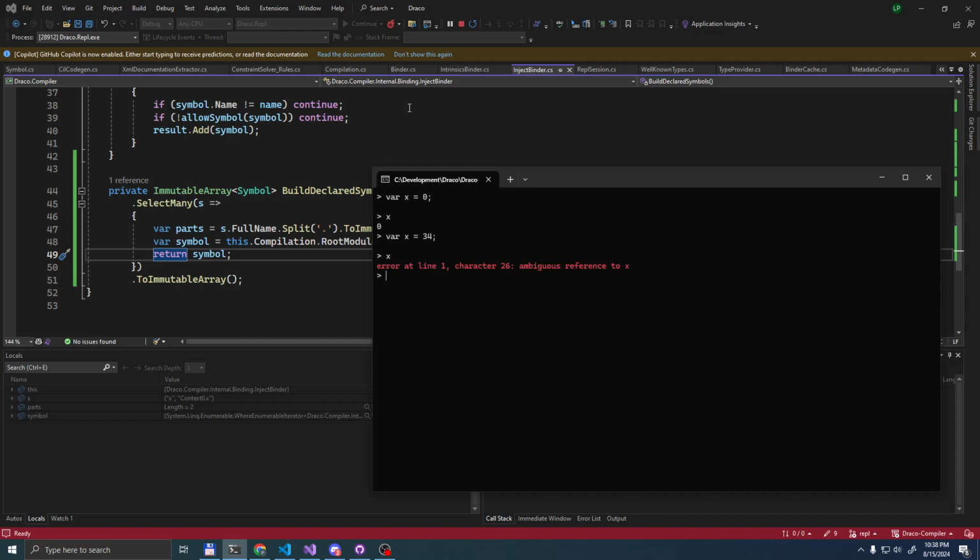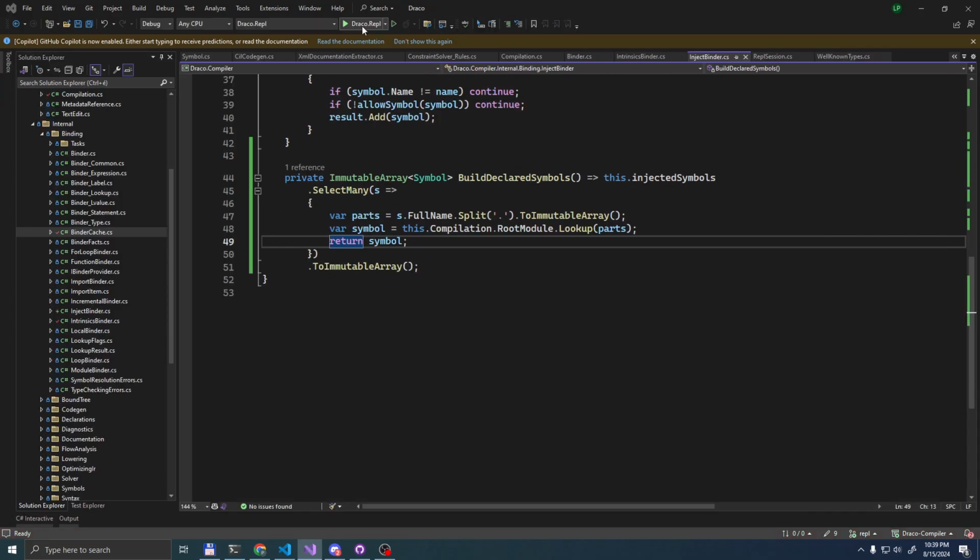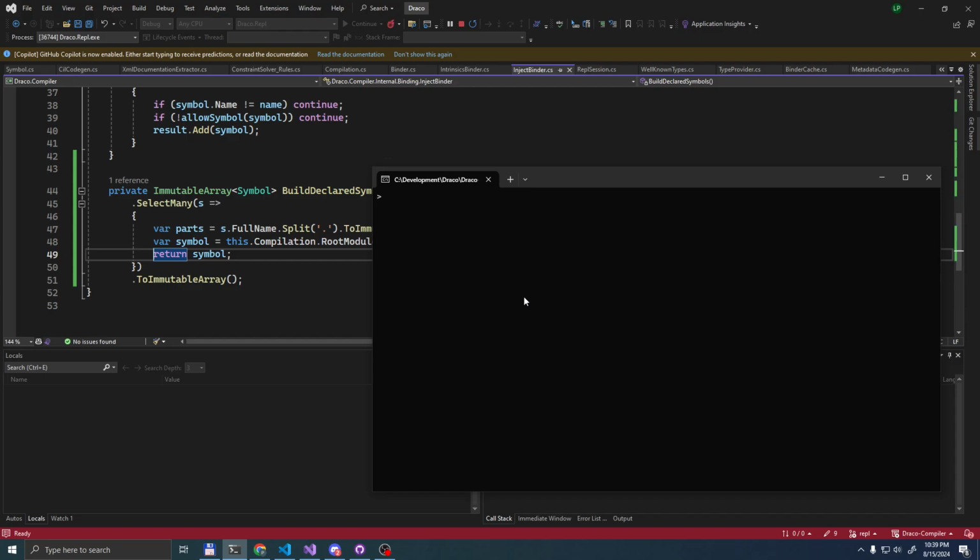Oh, it's now an ambiguous reference. See, this is what I was talking about, that we need to maintain this context, and we need to clean out stuff that we shadow, and yeah, basically that. Let's try to assign it something more fun. Oh, we don't have random. Let's try the import feature then.